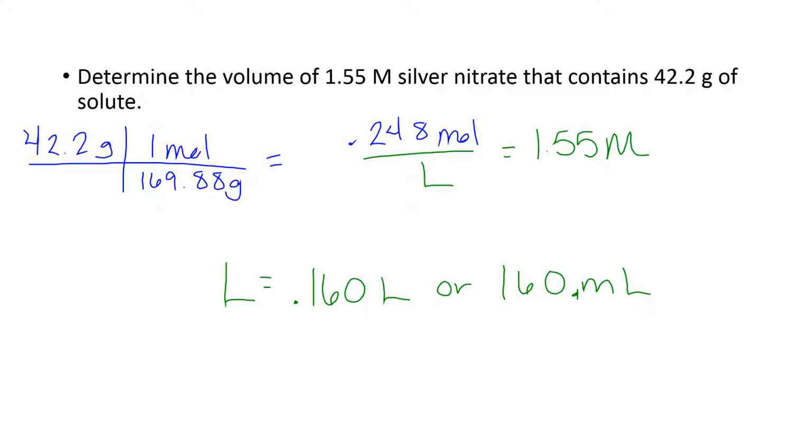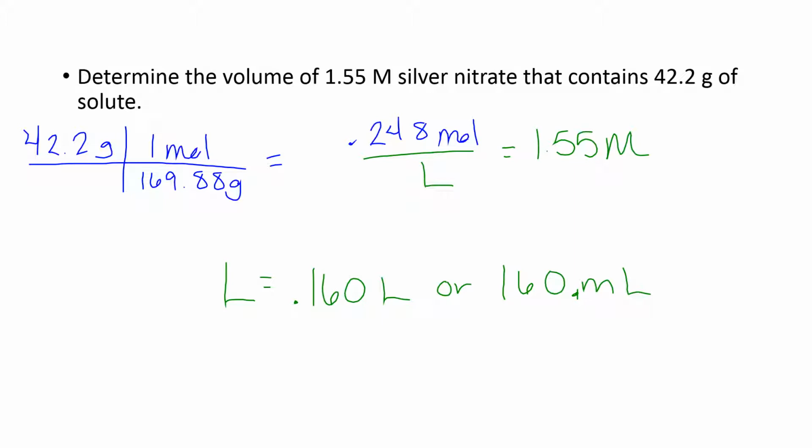To change into moles, we need the molar mass of silver nitrate, which is 169.88 grams, to give us a total of 0.248 moles. Now plug in what else we know. We do not know volume,